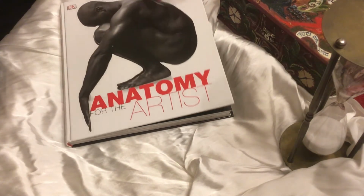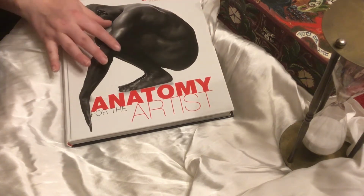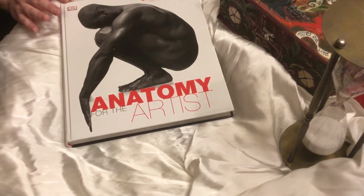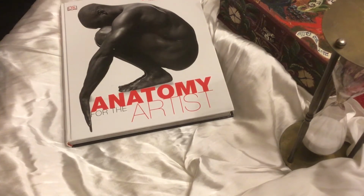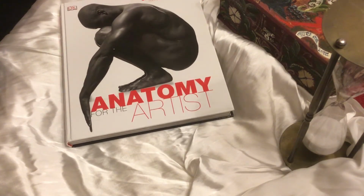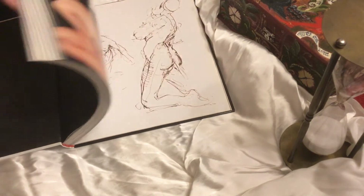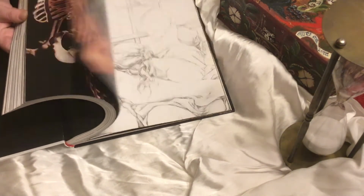For a warning, there are some pictures in here that are not PG, so if you are working on it with your small children home, you might be prepared to explain anatomy more or less. There's nothing erotic in it whatsoever, but there are certainly nude models in it, so just fair warning. I'll blur any out on this video if we run into any that are particularly